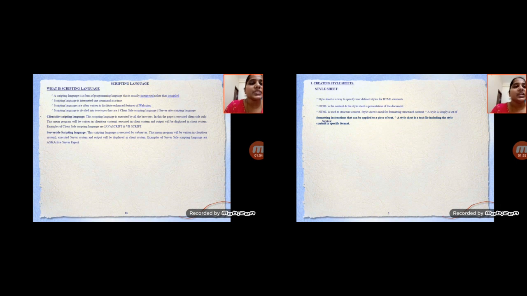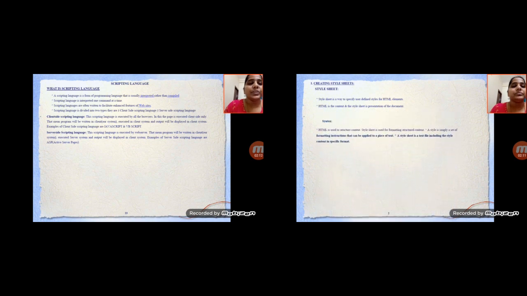A style sheet is a simple set of formatting instructions that can be applied to a piece of text, and it is defined text with some syntax, in a specific format.